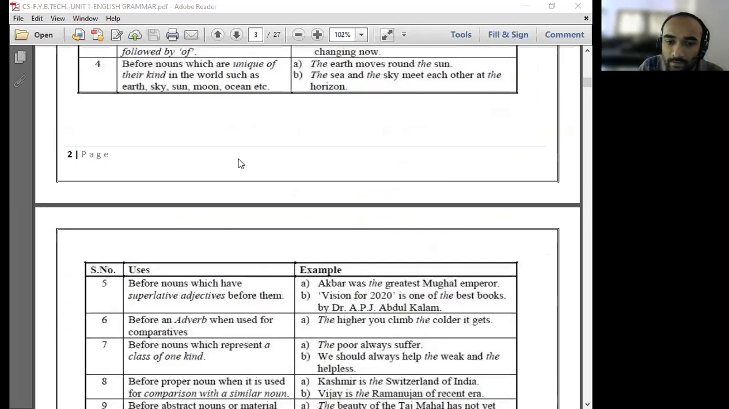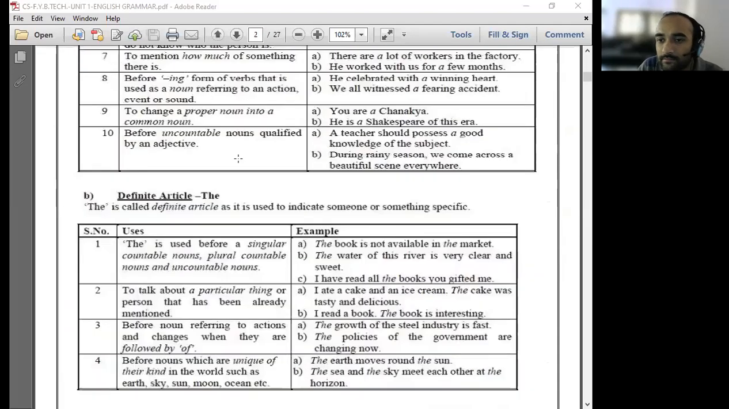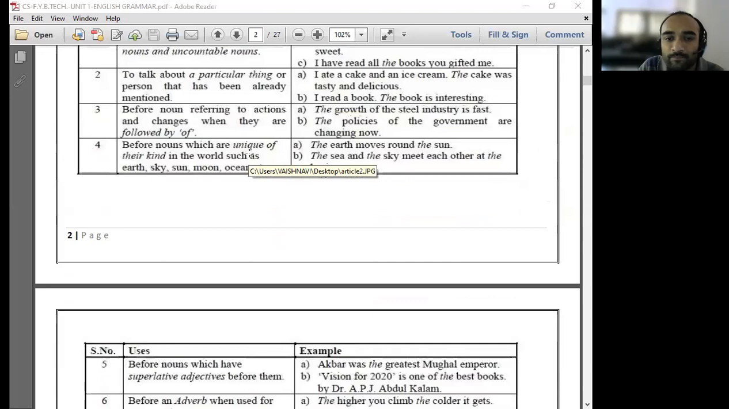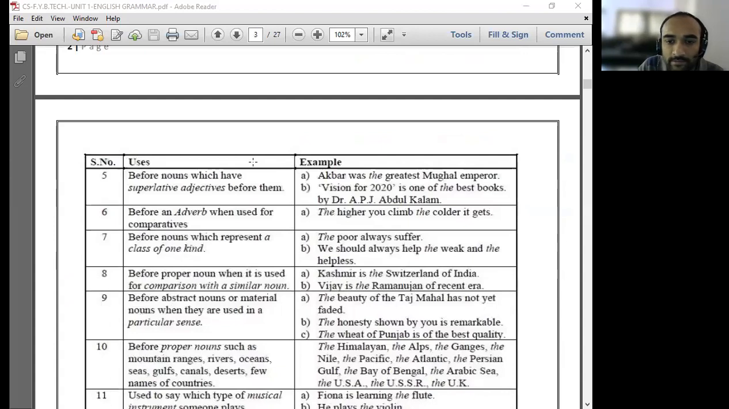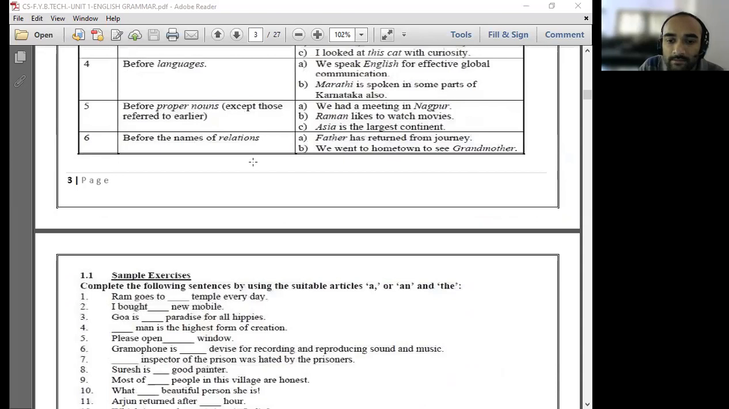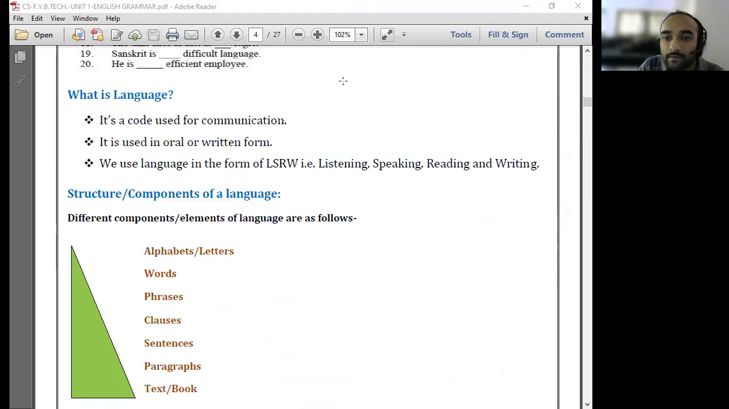Yes, sir. So yes, we have discussed the articles. There are 3 articles: a, an, and the. Okay, and they have different uses according to the pronunciation of the word. Okay, so we have discussed that. Then when to omit the articles, that also we have seen. We have done the exercise also. Then